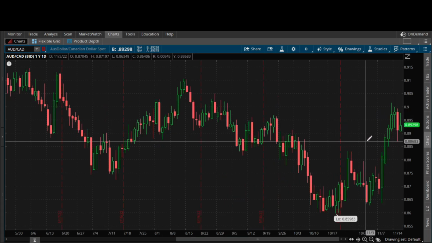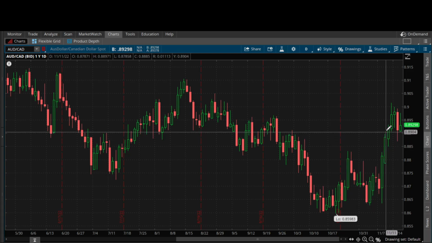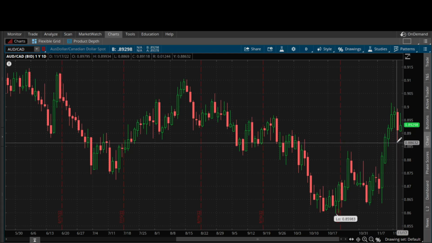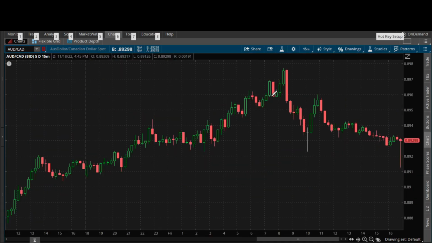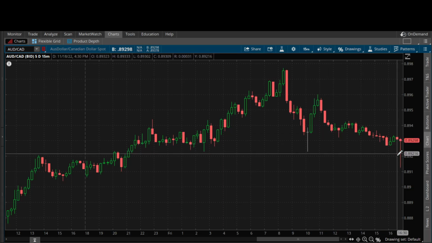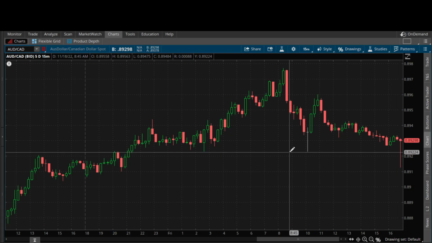So you could be in a premium on the daily chart. Like this is just ripping up, taking out these highs, taking out these highs. So it's a little bit expensive right here. So it's in a premium on the daily, but then you could go to something like the 15-minute and it takes out these lows right here. So now it's in a short-term discount. So keep that in mind as well.